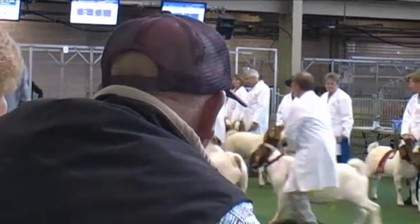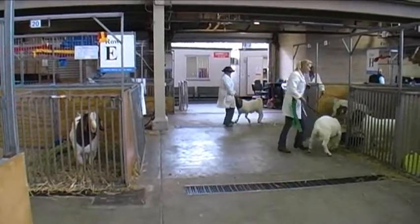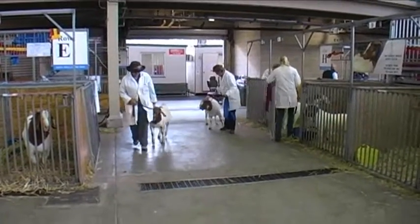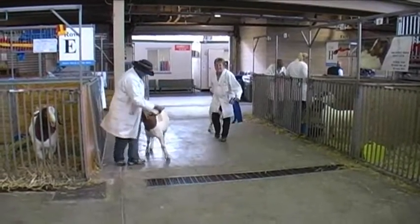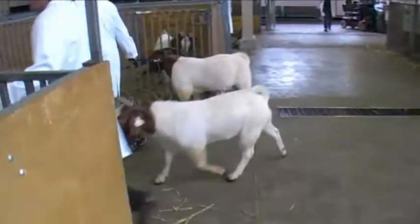Two days straight we've been cleaning animals. We brought 25 animals. We're one of the larger exhibitors here, one of the larger farms in Australia. Yeah, there are wash bays over the back here, so you get in there and get amongst it. And I've been soaking wet for 2 days, covered in soap foam and whatever, and then you brush them